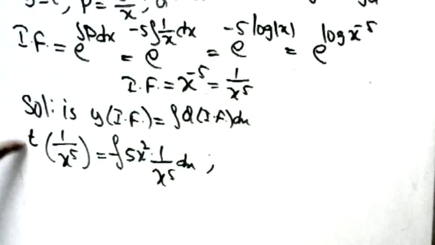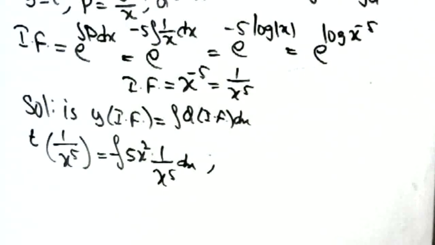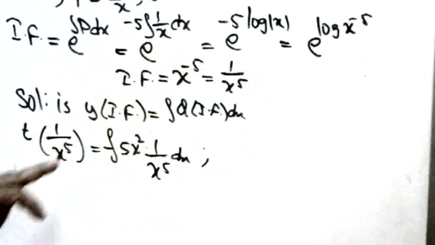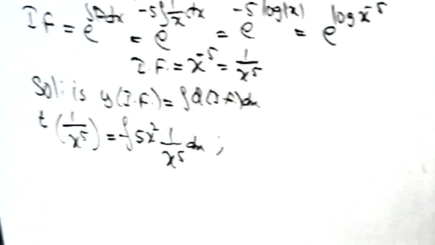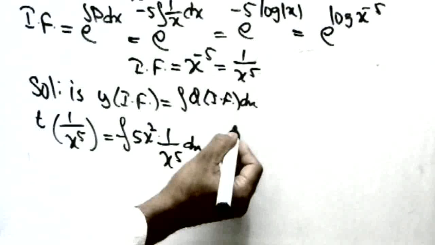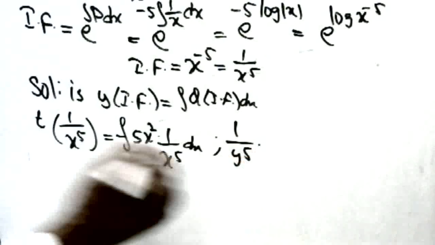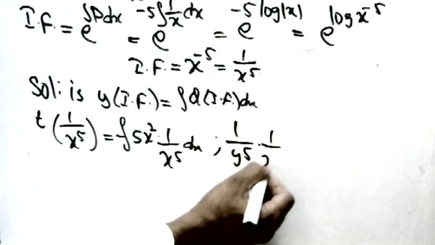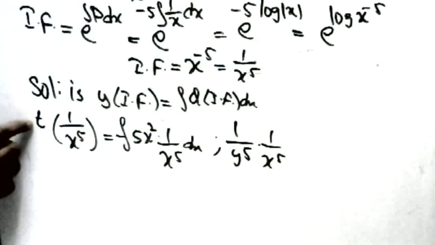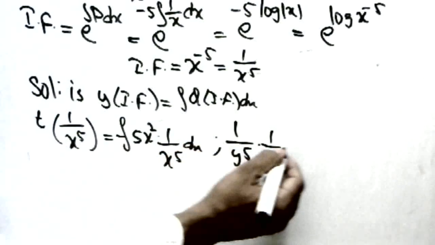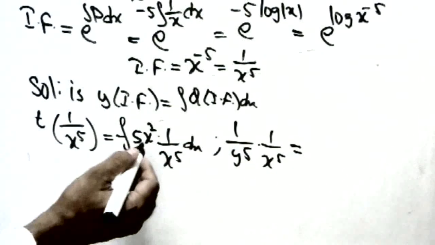Now let me continue this one. Now take out t from here. What is the value of t in the first step? We have taken here t equals 1 by y power 5. So in place of t, I'm writing here 1 by y power 5 into 1 by x power 5. We wrote the value of t here: 1 by y power 5 into 1 by x power 5